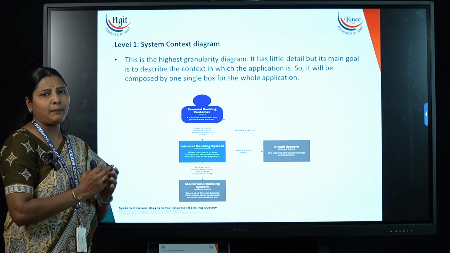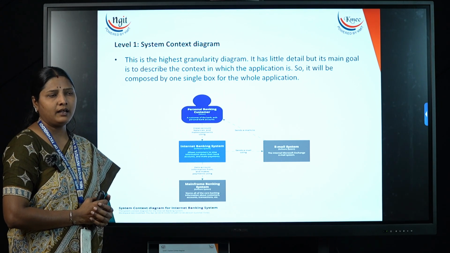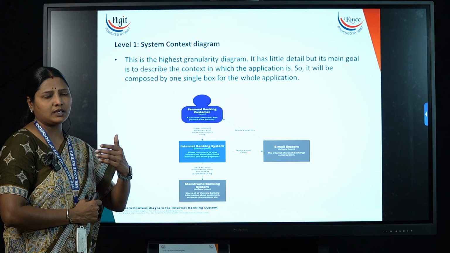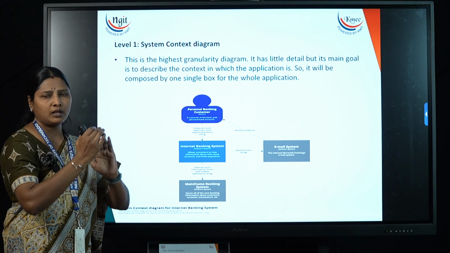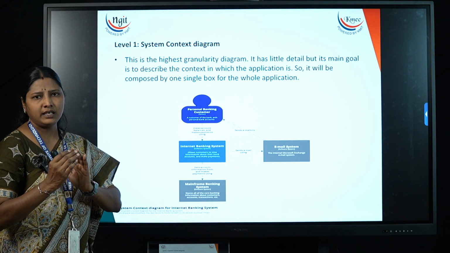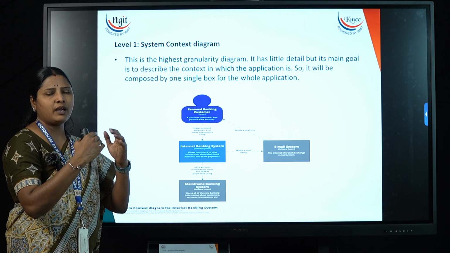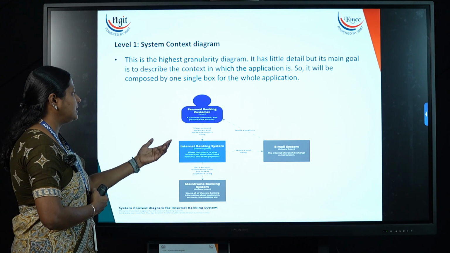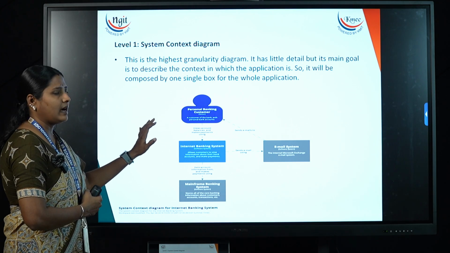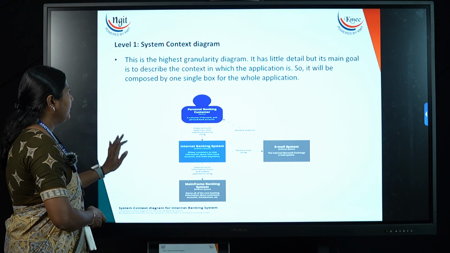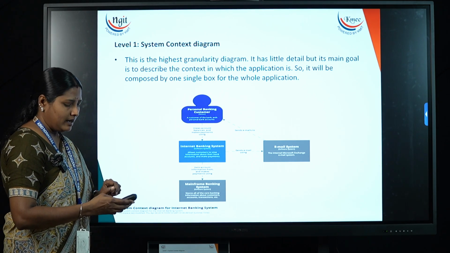If you take any application, this example is for a bank. When you take any application for a bank, there will be a lot of things that we need to focus on. One context is totally related to the accounts, one context is only for the deposit, one context is towards the e-banking. So if you talk about one application, there are so many views where we need to focus. Here, this is an example of looking into the e-banking. The context is addressing the online banking. So this system context will focus exclusively on that particular e-banking.